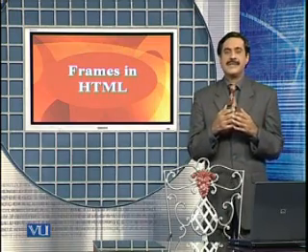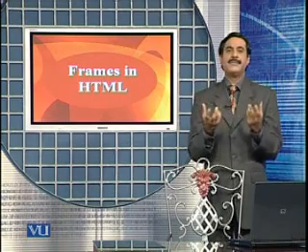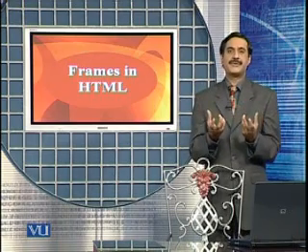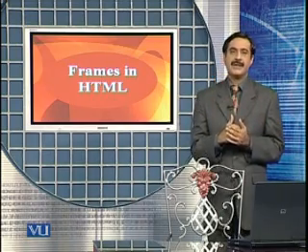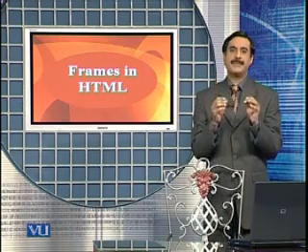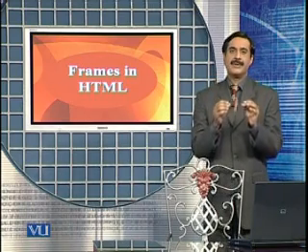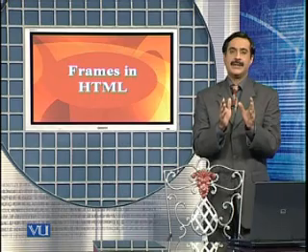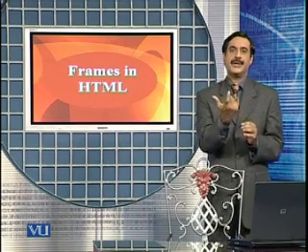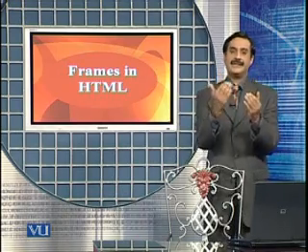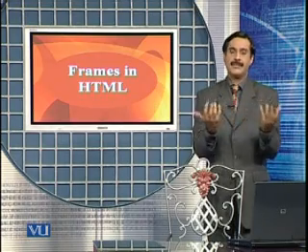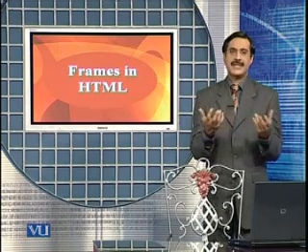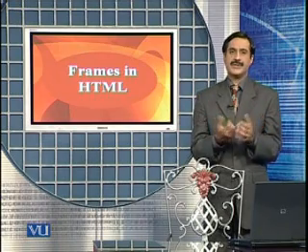So, say I want to divide my web page screen horizontally into two main frames. I want that 25% of my web page screen should be constituted of an upper frame and the remaining 75% should be my lower frame. In other words, I want to divide the screen horizontally.